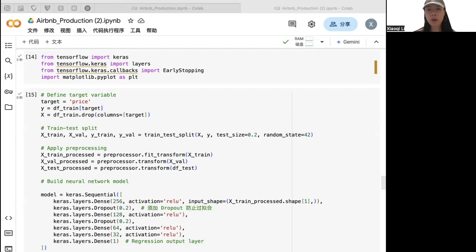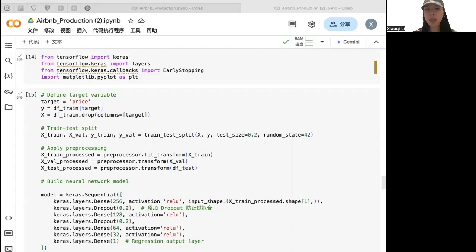Encoding categorical variables using OneHotEncoder to convert categorical variables into numerical form through one hot encoding. Standardizing numerical features by using StandardScaler, ensuring a mean of 0 and a standard